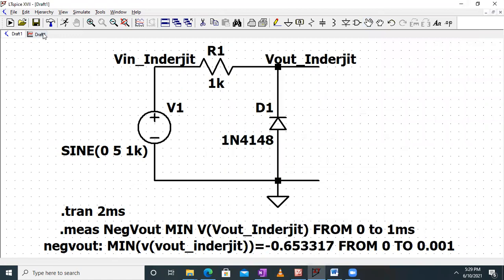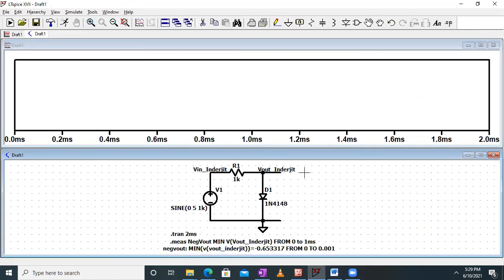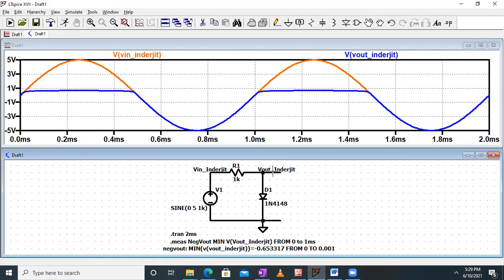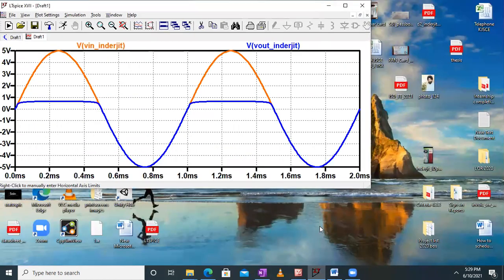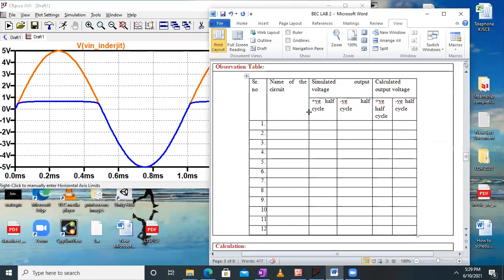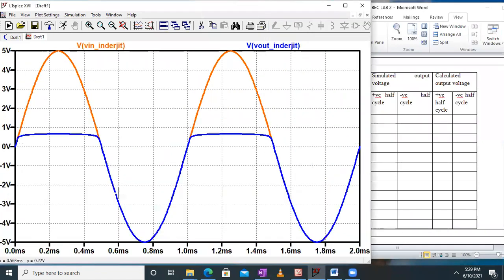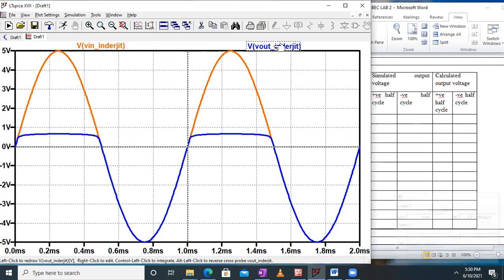Now let's say I have to reverse the diode in the circuit. If I have to reverse the diode, then in the same circuit, I'll control R. Okay. So now if I check the input and output, it will be slightly different. In this case, as per the requirement of the table, we have to take the positive half cycle peak and the negative half cycle peak. In our case, the minimum value of V out is around -5. So we have to check the positive value, whenever V in is positive, in the positive half cycle.